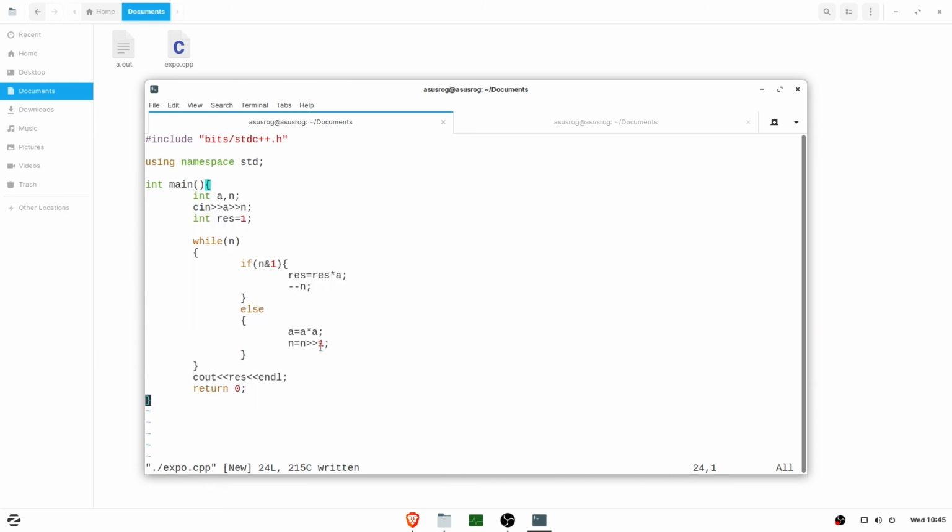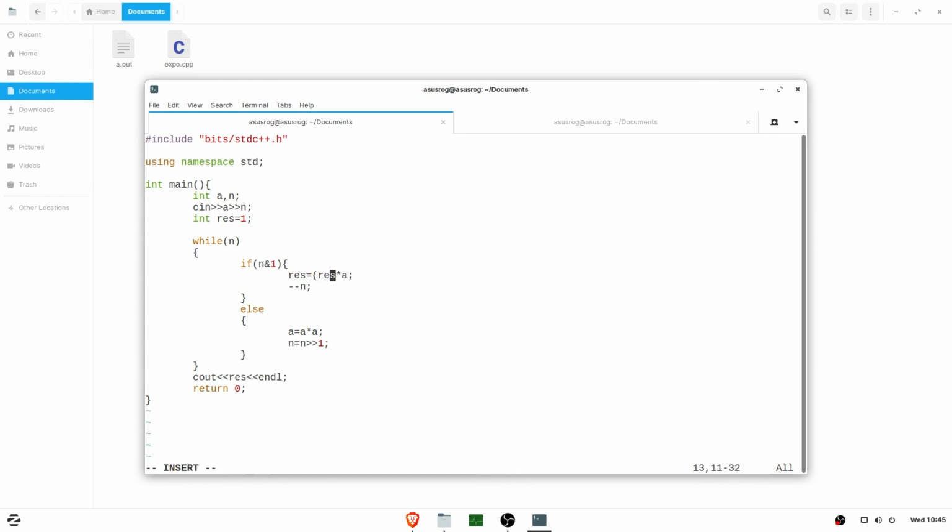This is all about it, and it's important because it helps us to reduce the time complexity. And you can also use it for modular exponentiation. In case of modular exponentiation, if you're calculating the result mod c, then you need to make some changes right here. Let me just make it.